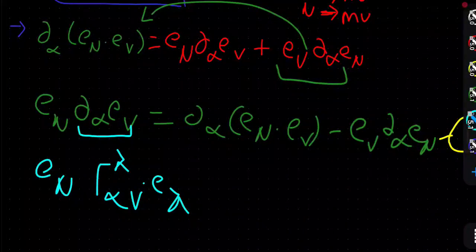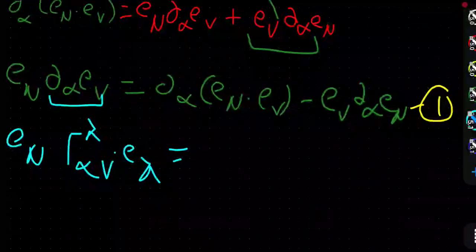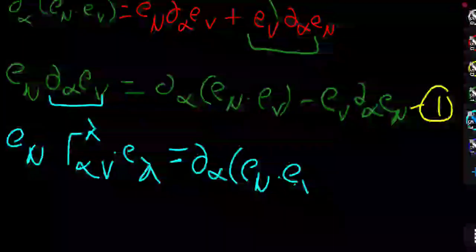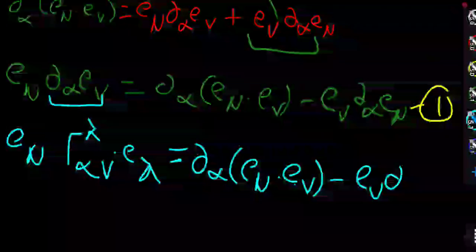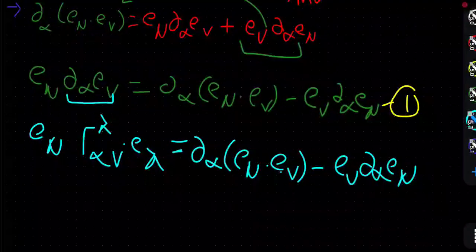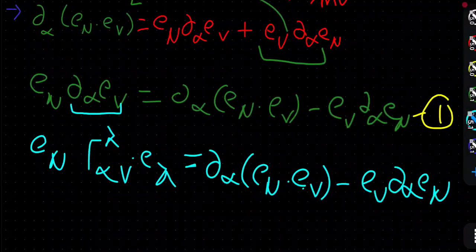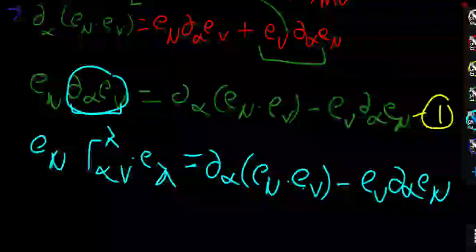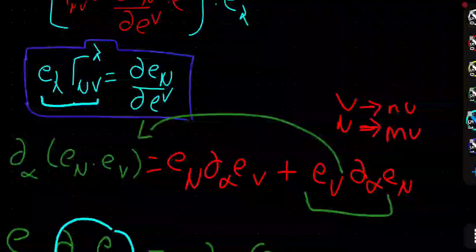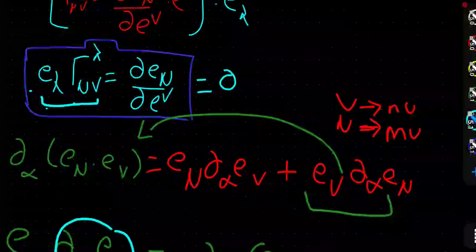I have defined this particular formula, and it is of course equal to this particular term, which I'm going to write as del of alpha of e of mu dot e of nu, and minus e of nu dot del alpha e of mu. So this is the term defining it. If you're confused, you don't have to be. I have just replaced this particular thing with this, and you will ask why. Then you should pause the video, go backward and watch how I have defined this. This is essentially del of mu